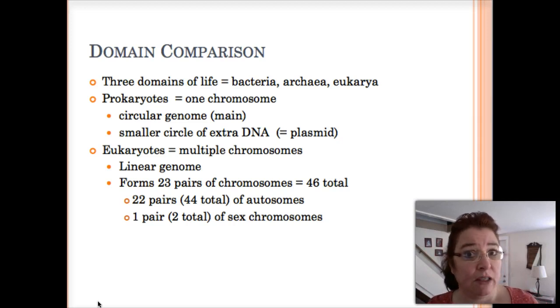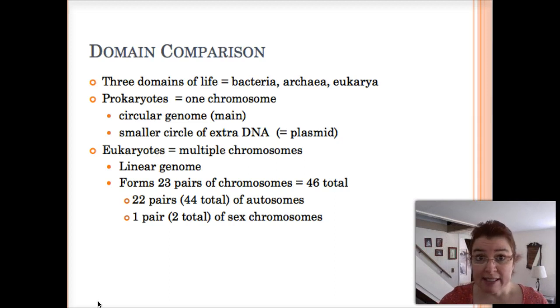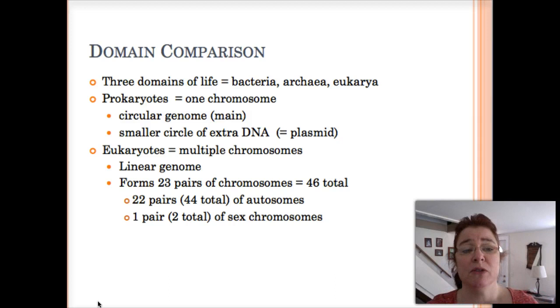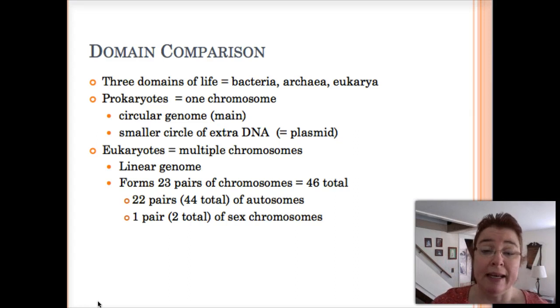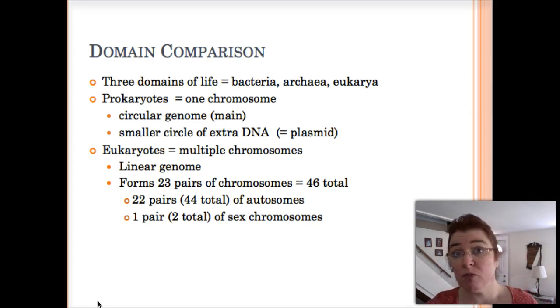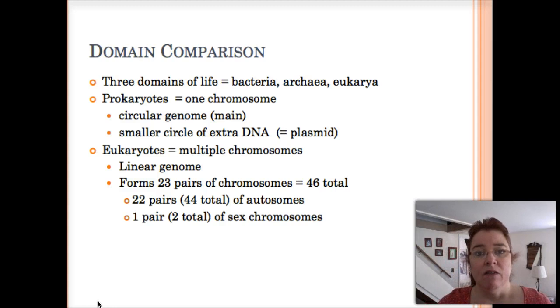Eukaryotes are very different. Eukaryotes have a nucleus, and that nucleus houses their DNA. Eukaryotes also have multiple chromosomes, and those chromosomes are linear. In other words, the 3 billion base pairs in a human being do not exist as a single chromosome. Instead, that one long molecule is broken up into smaller linear segments, and each segment contains a certain number of